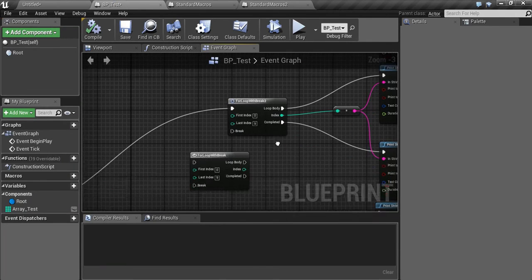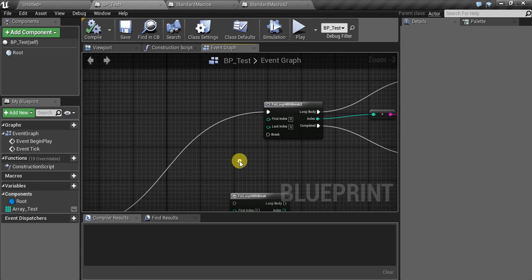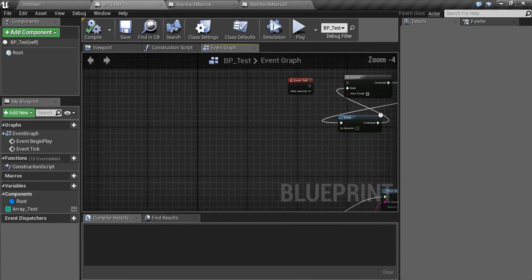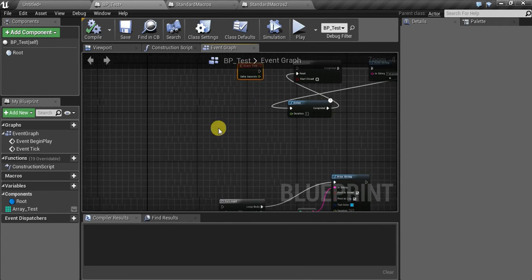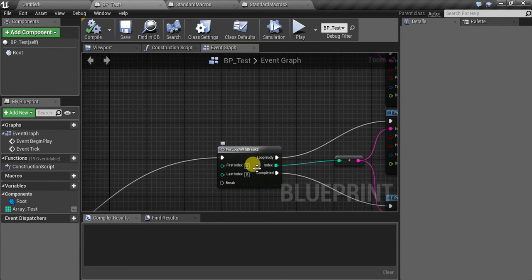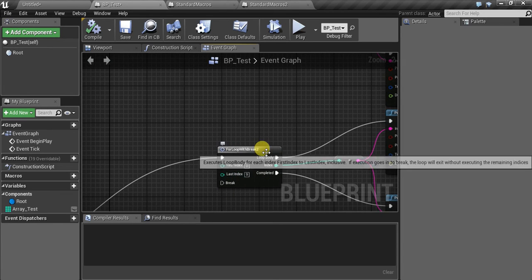Let's just add a break condition as well. You may say, well, I can add an event tick here and plug it to this break condition and check, for example, for certain conditions that break the loop. But it's not going to work because actually the loop